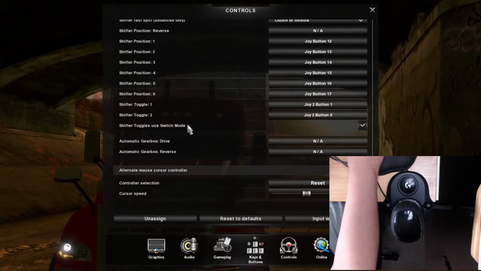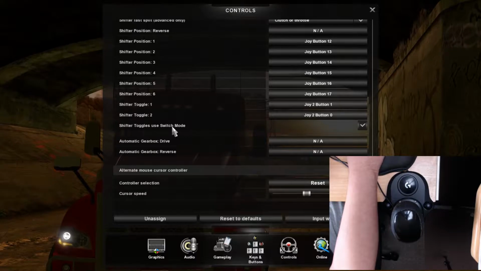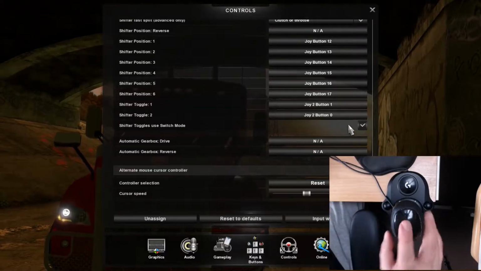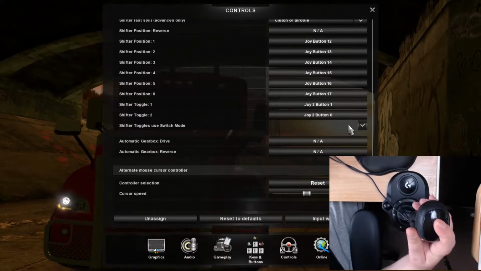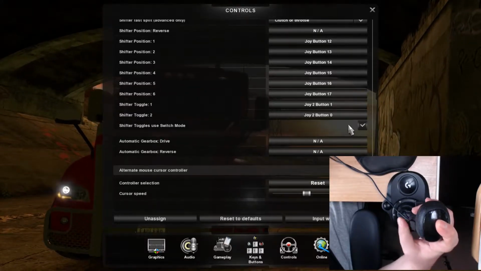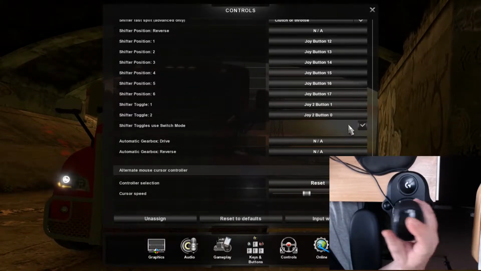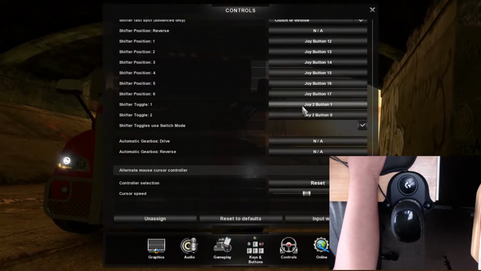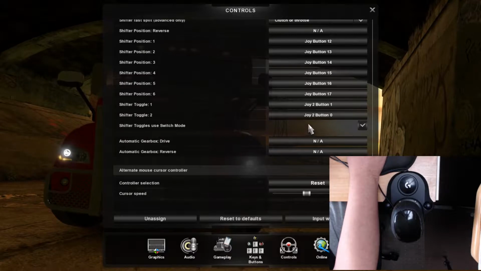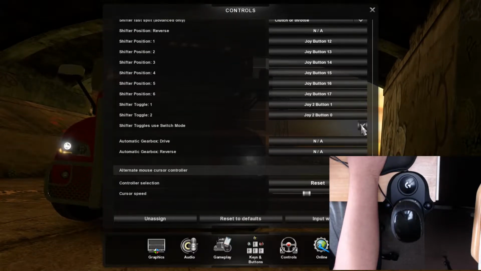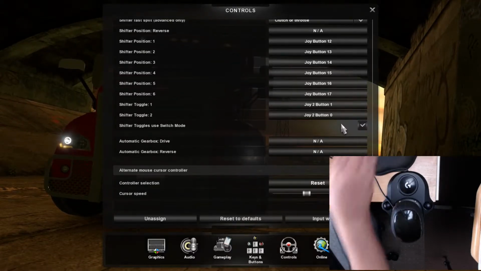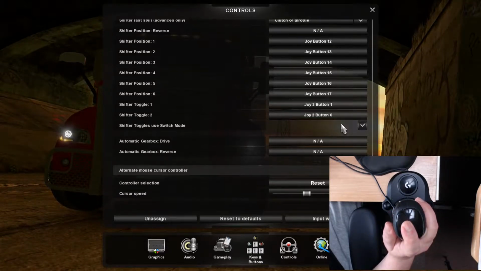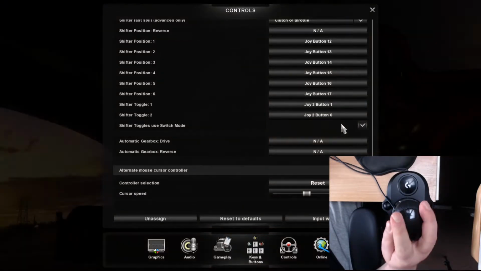Now you'll see right below that it says shifter toggles use switch mode. You'll see that I have that box checked. That's letting the system know that I'm actually using toggle switches. Now if you are just using a simple key press for these, then you're not going to want to check this box. And if you are just using simple key presses, it's going to work pretty much exactly the same